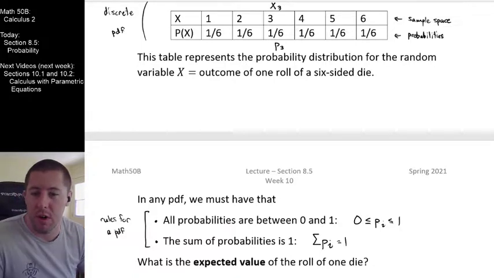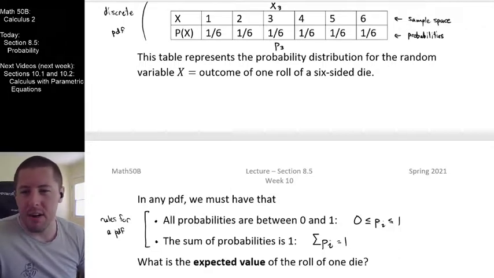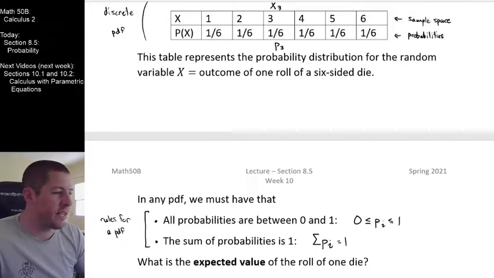answer, but I think you'll agree with it once we get it. The weird thing about this question is that since everything has an equal 1/6 probability of occurring, you should say, well, anything could happen here. There seems to be an equally likely chance of anything occurring here. So it's tough for me to say what is expected.